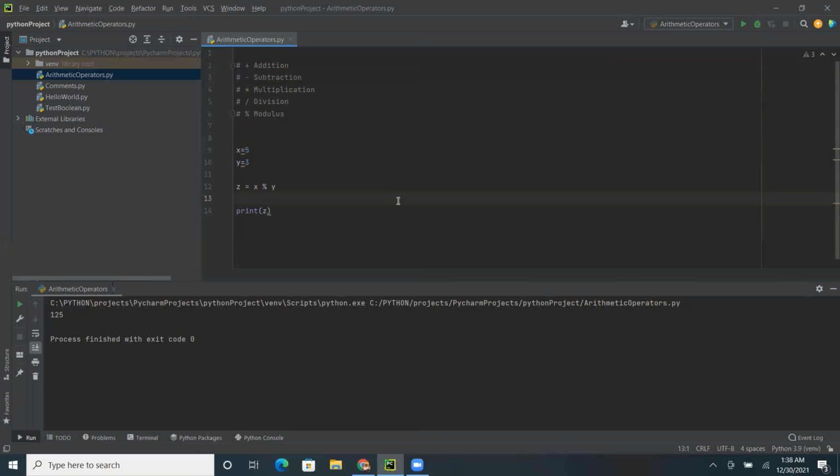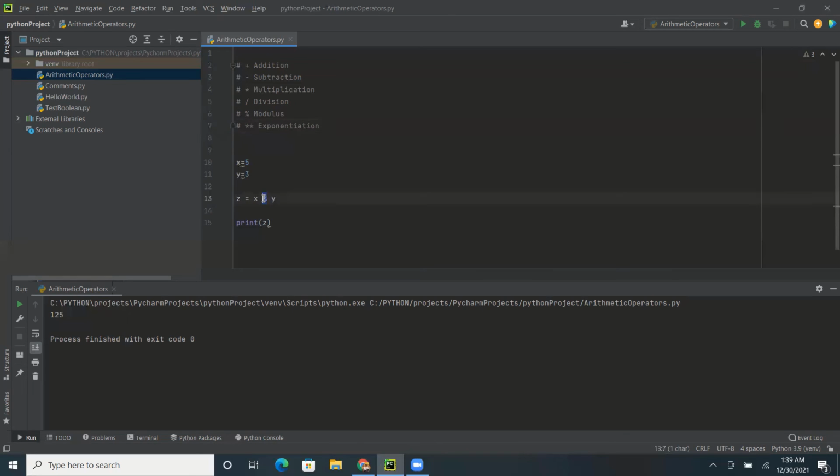So after modulus, let's see how exponentiation works. Exponentiation is nothing but this particular thing, meaning if we use the multiplication sign 2 times, it becomes exponentiation.